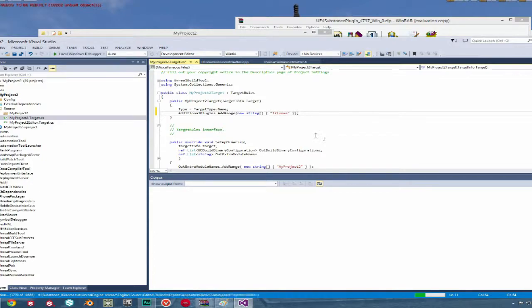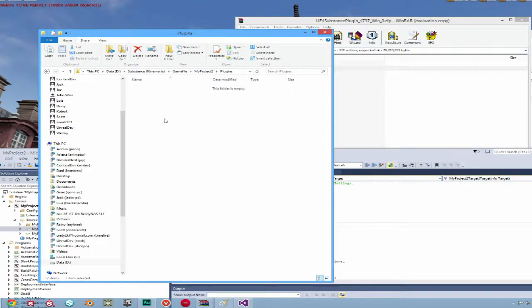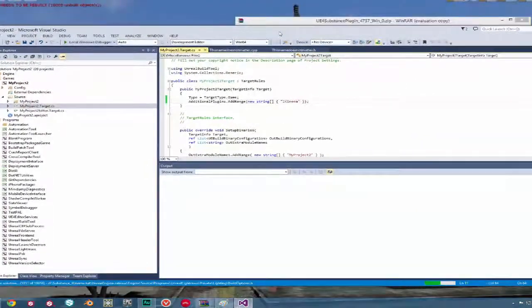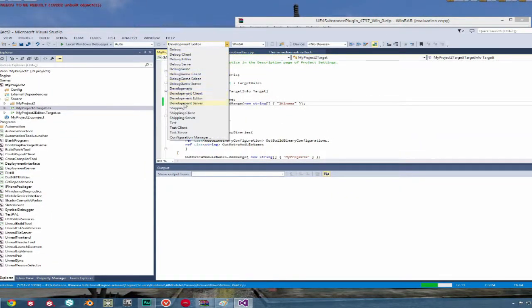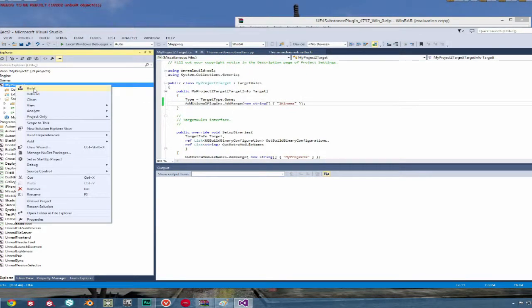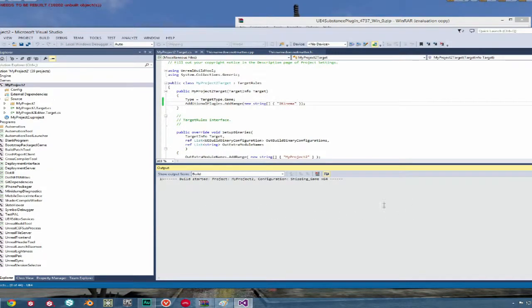Once this bit has been added in, we need to just do one more thing to make sure iKinema ships with our project. Let's set aside Visual Studio and open our Plugins folder. Go to iKinema, Binaries, and then Windows 64. In there is a file that you will see beginning with iKinema core-Windows 64. All you have to do is add in your project name - to the beginning of this file. If you do not add this, your game will crash every time you try to ship it. Then with this all done, all we have to do is go back to our Visual Solutions file, change the settings from Development Editor to Shipping, and then right-click and click Build.